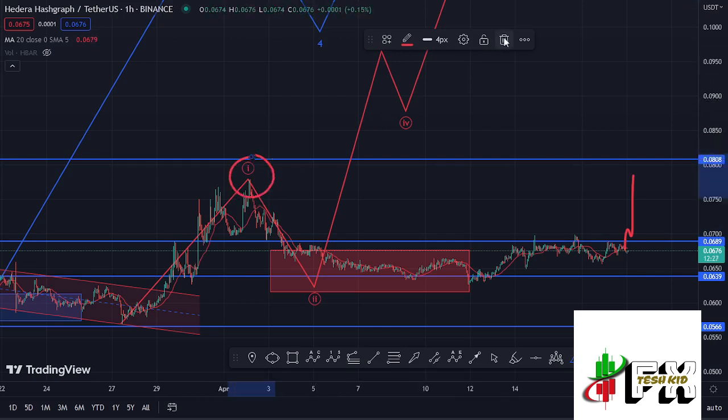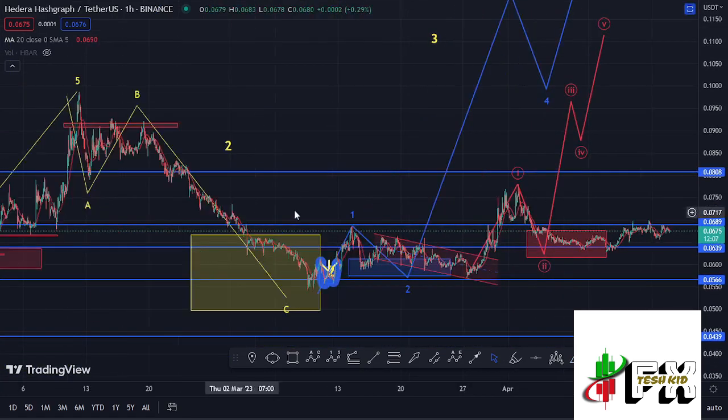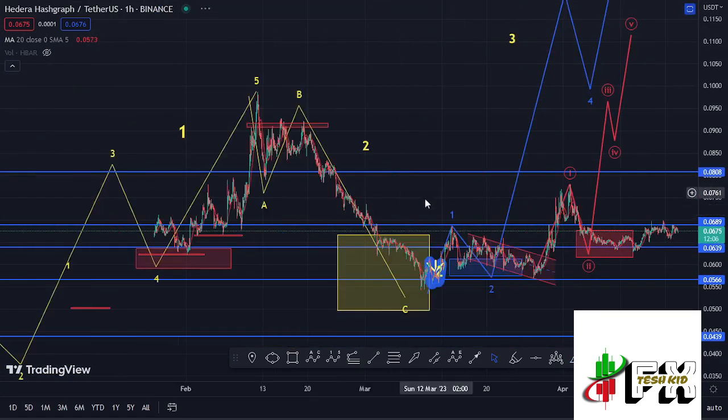And the moment we manage to break above the wave 1 high, then that will be enough confirmation of the massive pump to the upside in the formation of this wave 3, and the high chances that we are going to fully maximize our minimum target areas in the formation of that wave 3. So that is what I'm expecting on the short-term scenarios, and also giving you the long-term outlook here on the Hbar chart,